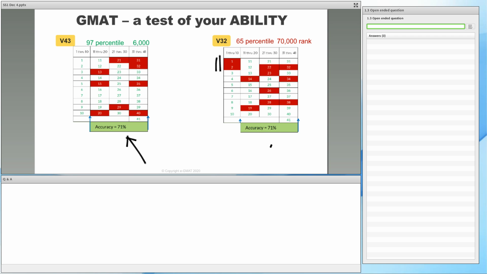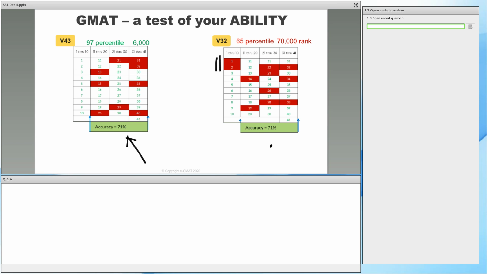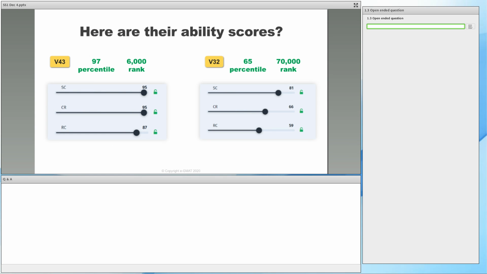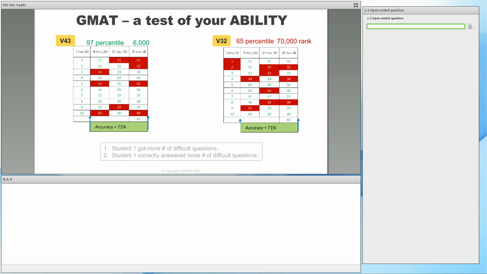Now, this is one view. This is the view that you guys see. This is how you traditionally look at it. This is not how the GMAT looks at these guys. The GMAT doesn't care as much about accuracy. In fact, it cares very little about accuracy. What it cares about is this metric called ability. So this V43 guy, this guy over here,